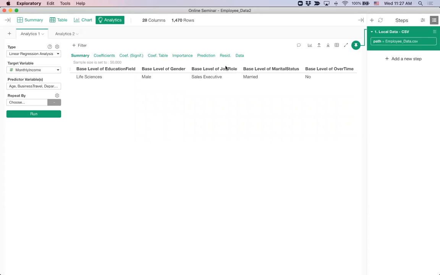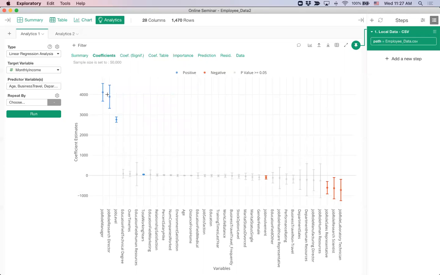The base level of job role is sales executive. So compared to sales executive, if you're a manager, you can expect this much on average, like a $4,000 increase. But if you're, let's say, a laboratory technician, compared to sales executive, you get a $721